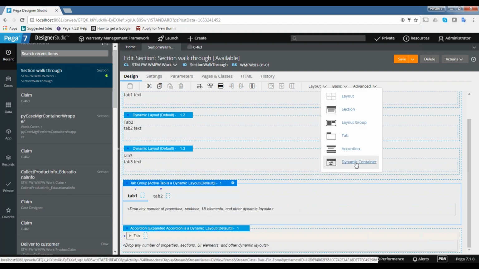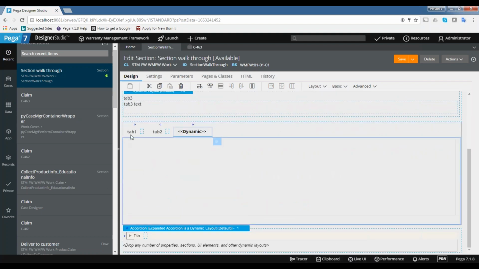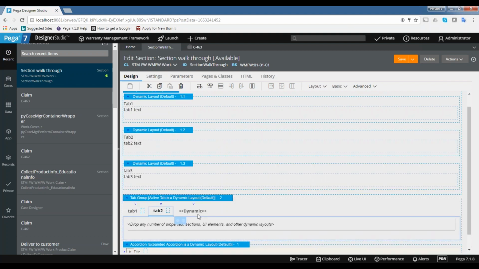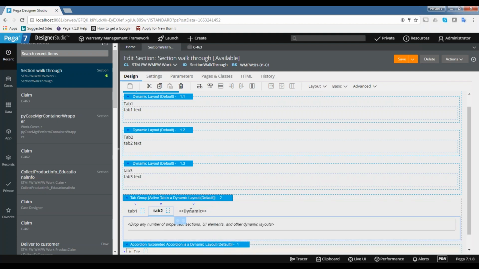Dynamic content is useful if you want to dynamically append tabs in the tab group. Let's say tab 1, tab 2 will come by default. Or else when you click on any link, I want to display everything in tab format. Then you can use dynamic content, and if you don't know how many tabs will be opened, you can do it like this. This will be useful if you want to dynamically add something to the tab structure.